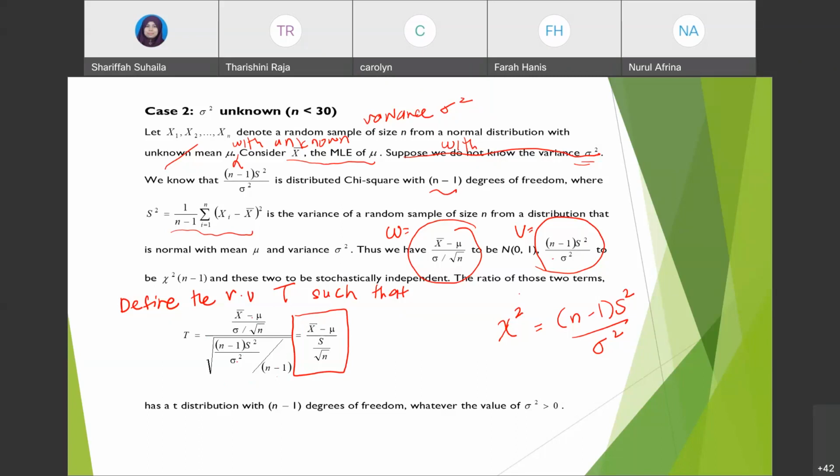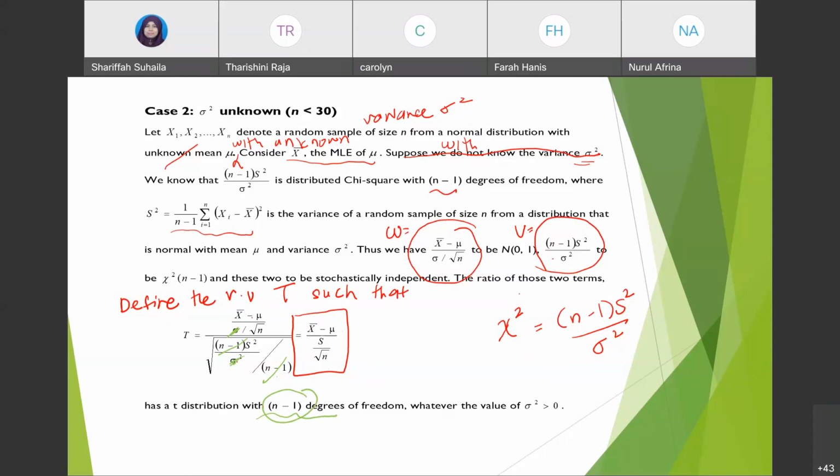Okay, kita simplify kan. So let's say here, okay, ini cancel out n minus 1. Okay, square root sigma square ni, dia cancel dengan yang ni. Okay, square root s square ni, square root kan, dia akan jadi s lah. So, susun balik, you will have x bar minus mu over s over square root of n. So, this T distribution will have n minus 1 degree of freedom. Okay, kita ada n minus 1 degree of freedom. So, that is your random variable. Random variable T tu. Okay, dah dapat random variable T tu, baru kita construct dia punya confidence interval.